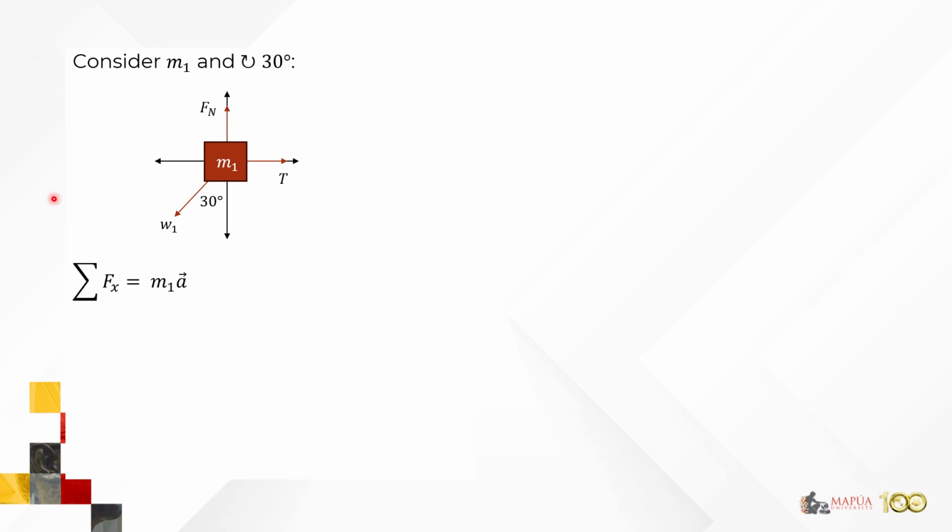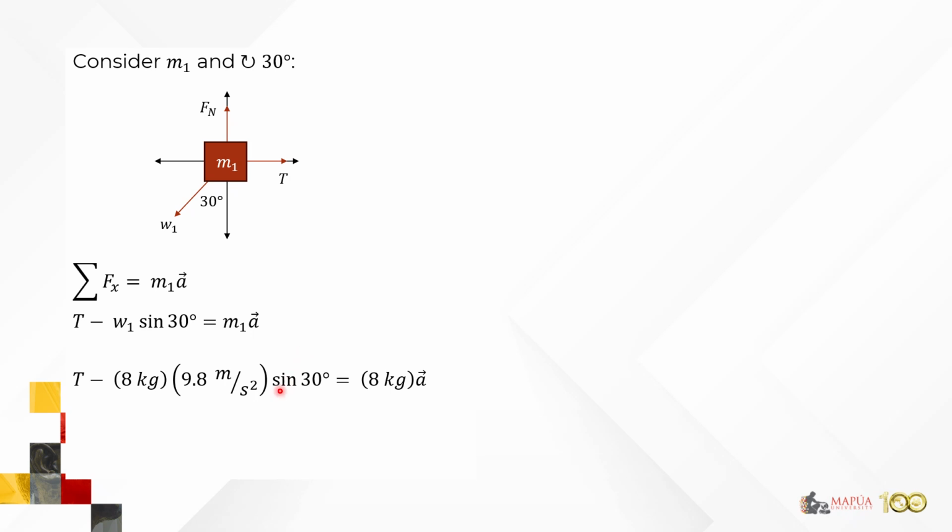Okay, the mass that we're talking about here is m sub 1, times the acceleration experienced also by m sub 1. Remember that the summation of the x components of all the forces is equal to T, which is this force, minus weight sub 1 times sine 30 degrees. Remember, we rotated this 30 degrees clockwise. So that's why we have an angle between the y-axis and w as 30 degrees. And that's equal to m sub 1 times a.